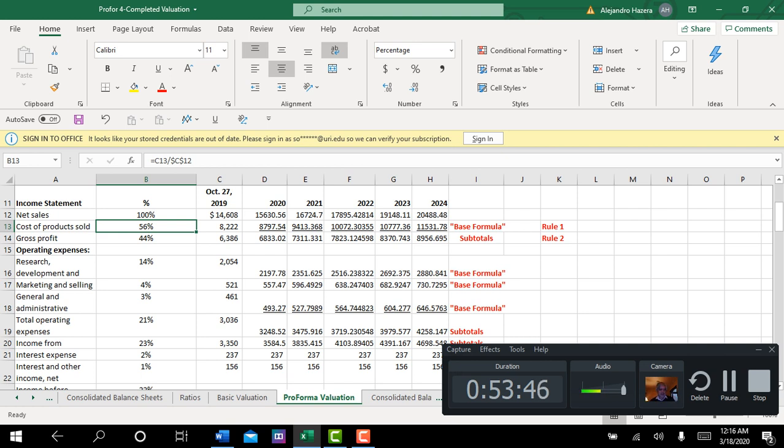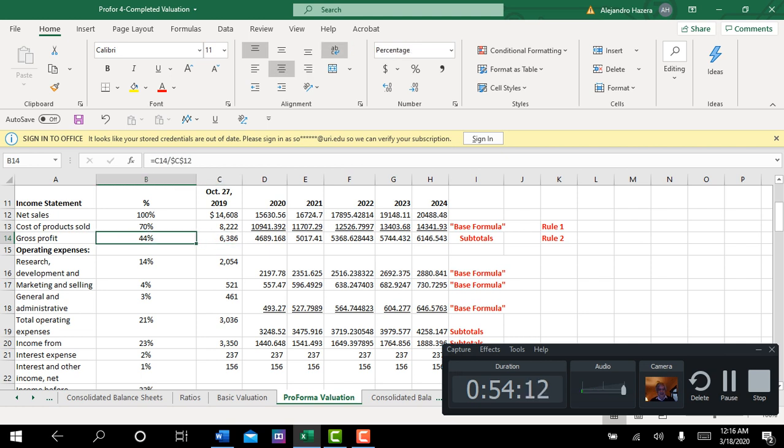But they have cost of products sold 56. Now you're going to see all these numbers change, but this number won't change because it was calculated over here as a subtotal. But just keep that in mind. Let's say their costs all of a sudden go through the roof. And so let's say that the costs now become 70%, which would give you a gross profit of